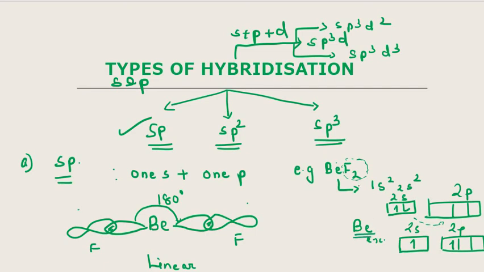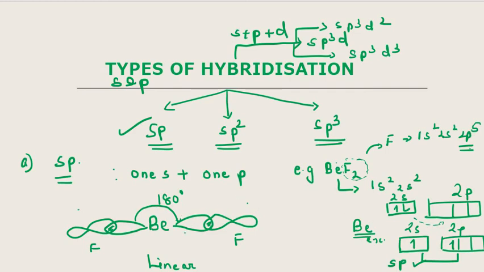In the beryllium atom. Now in the case of fluorine, we have already seen that the half-filled electron is in the p subshell. So the p half-filled orbitals overlap with these two. Before that, the central atom will be forming hybrid orbitals of equivalent energy. What will be the hybrid orbitals? 1s and 1p. So in this case, our hybridization will be sp hybridization. So how can we represent it?